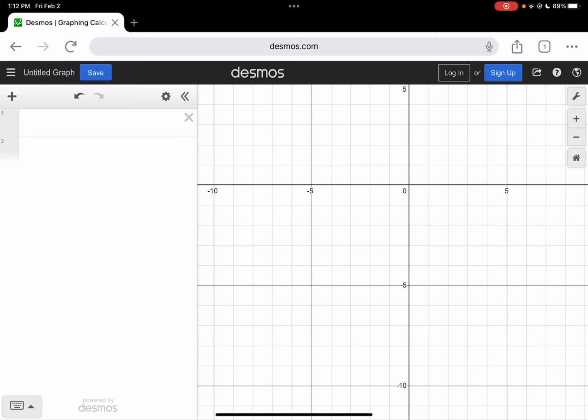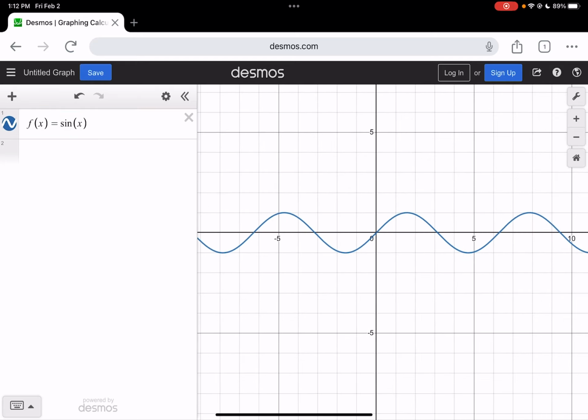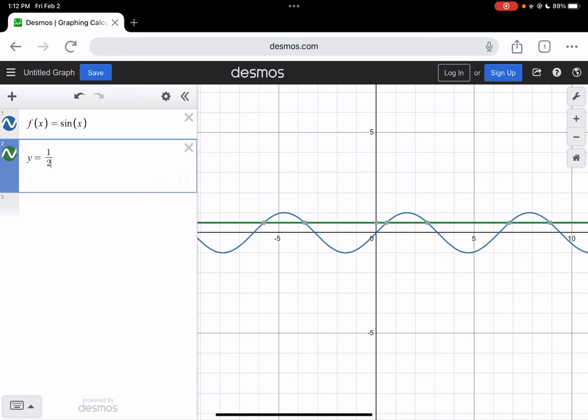Desmos is more lenient than a math class. Okay, so here's a function that is not invertible for all x. What I mean is, if I draw the horizontal line, let's say y equals a half, then I intersect